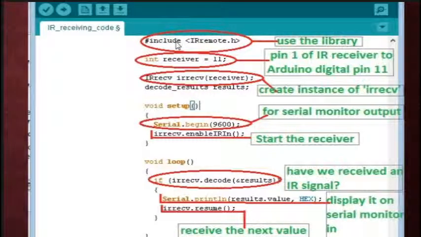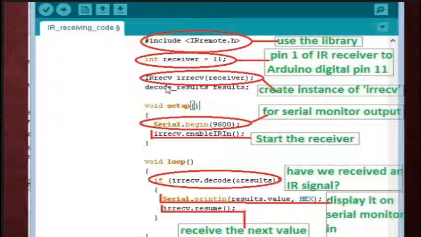Here, let's see. I am including the library IRremote.h, and then I am declaring int receiver, receiver is equal to 11, as the 11th pin of Arduino is connected to the data pin of the IR receiver, so I'm naming it receiver.